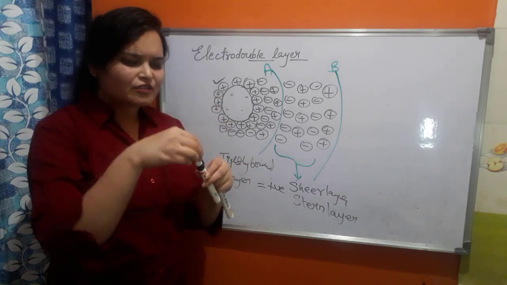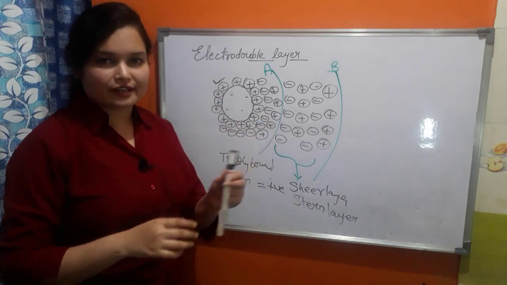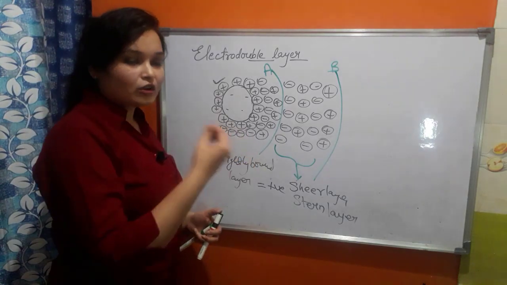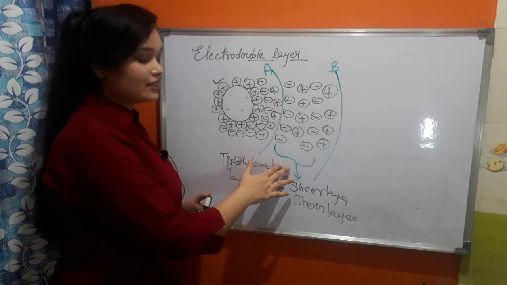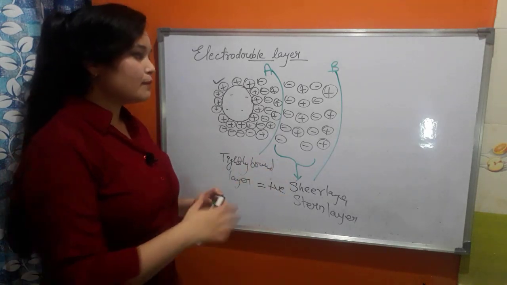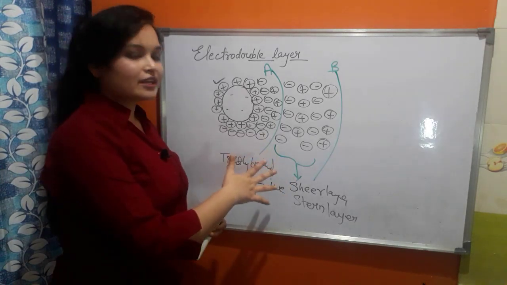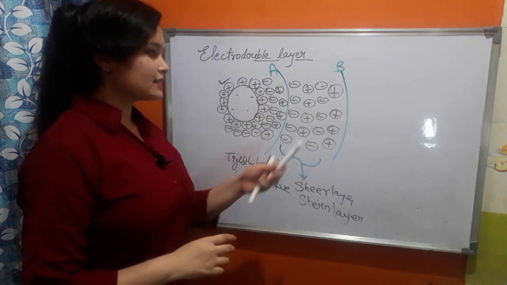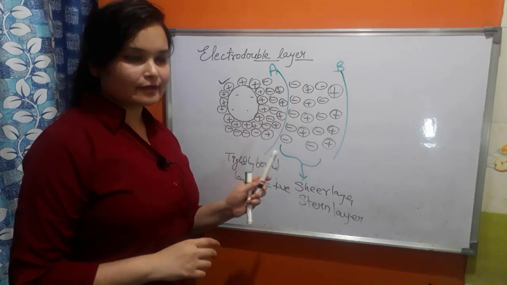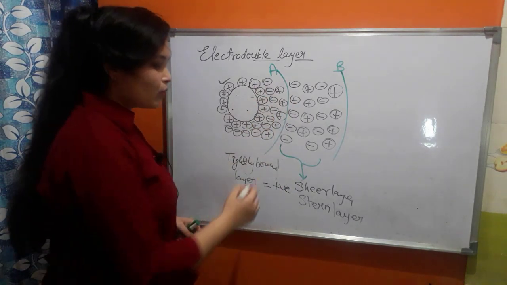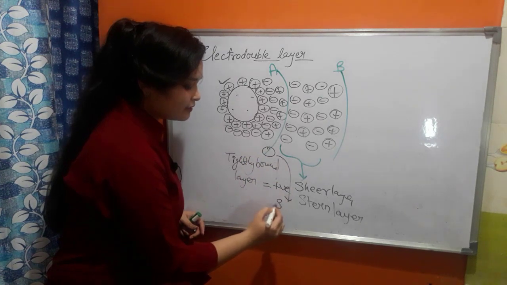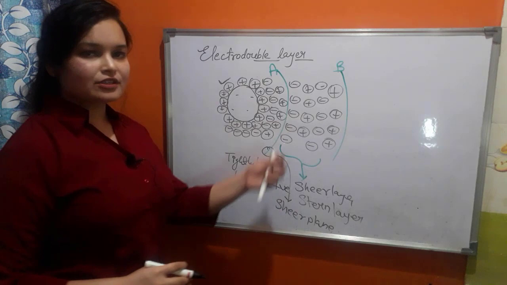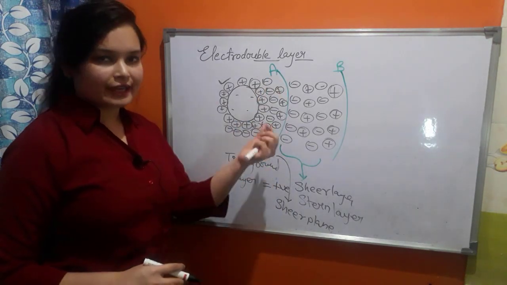this shear layer is some kind of wiggling on the tightly bound layer. It keeps on moving, and when you try to move this particle a lot at a faster pace, this shearing layer will also be broken. But when the particle stabilizes again, this shearing layer will be formed again. You must note that because this shear layer is sitting on the tightly bound layer, on this A, this is also called the shear plane, just because this shearing layer is sitting on this A layer.